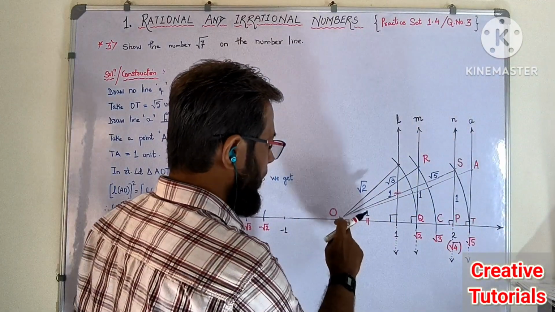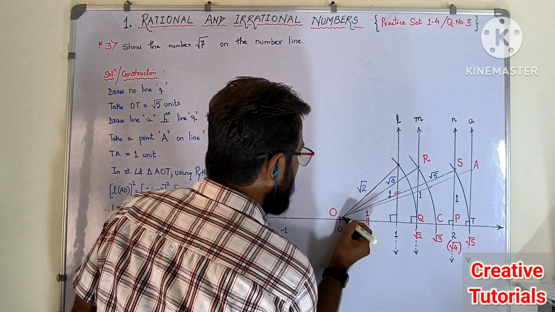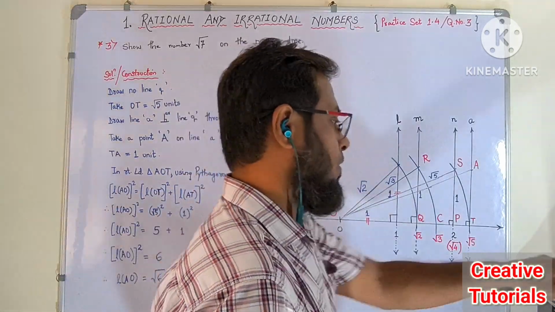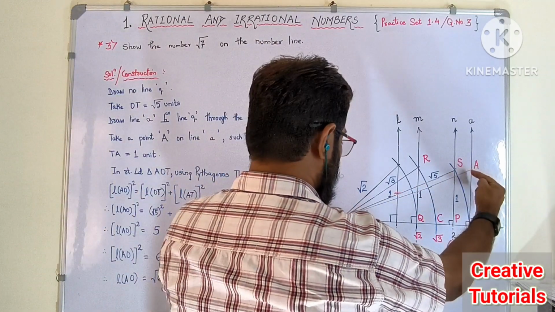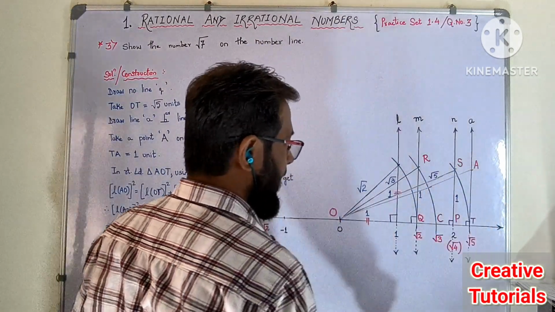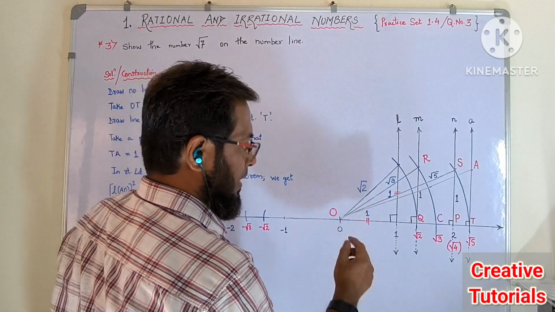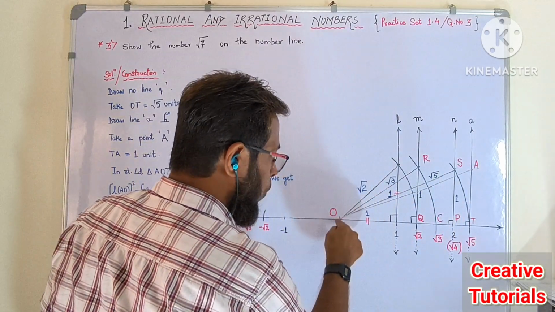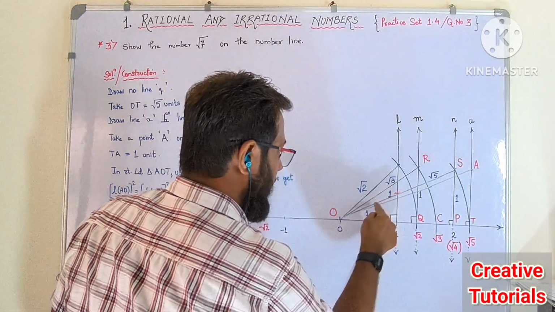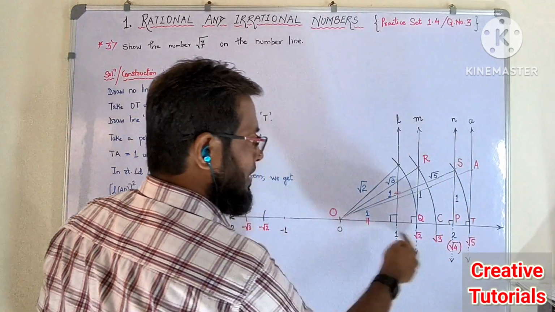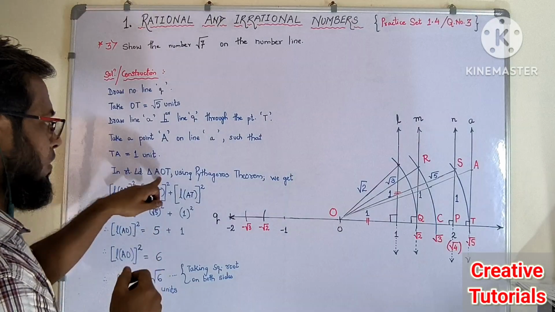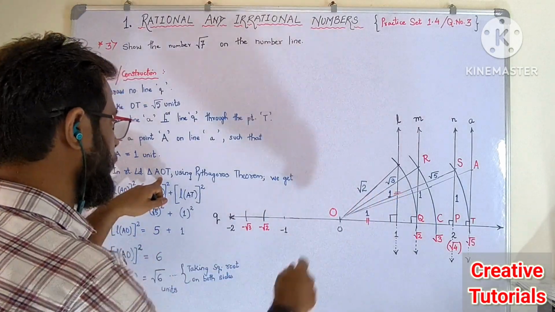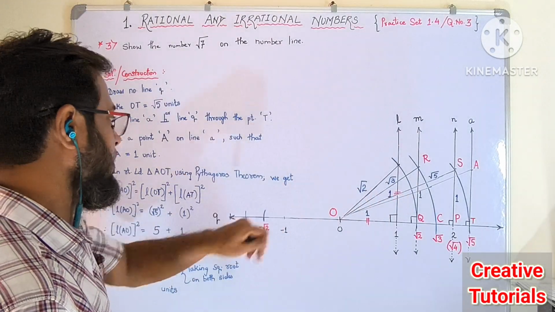Okay, so we have joined OA. Now the thing is, after we join these two points O and A, we get one right angle triangle. You see, AOT. This entire thing is one right angle triangle. Now in right angle triangle AOT, which I just showed you, using Pythagoras theorem, we get